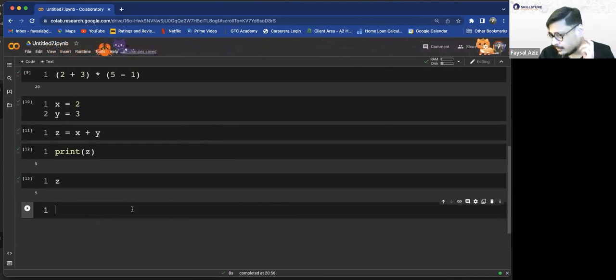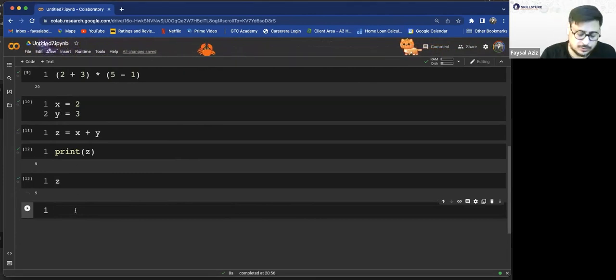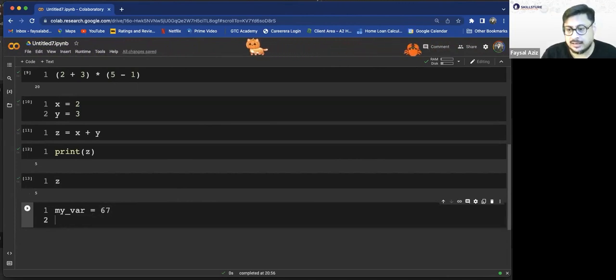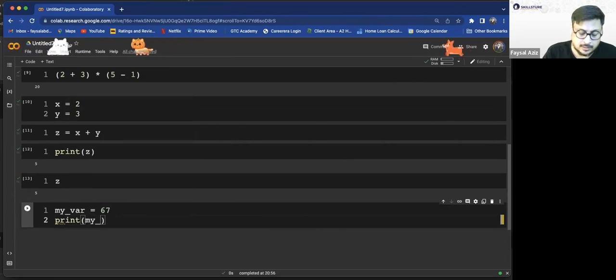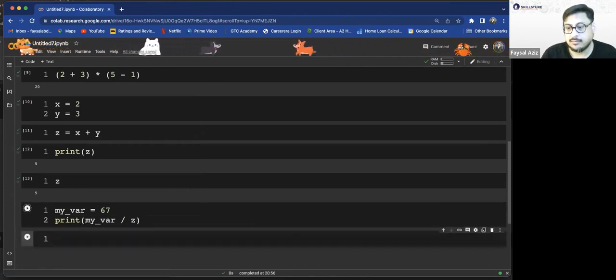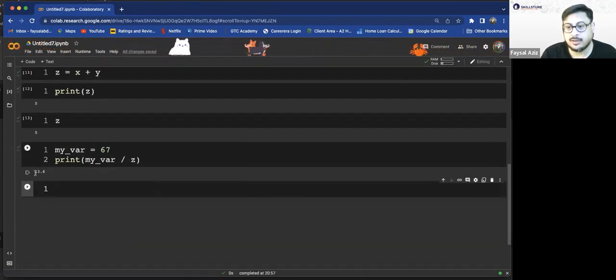Now variables don't always have to be one letter. You could say my_var equals 67, and let's say print my_var divided by Z. And it gives you 13.4.